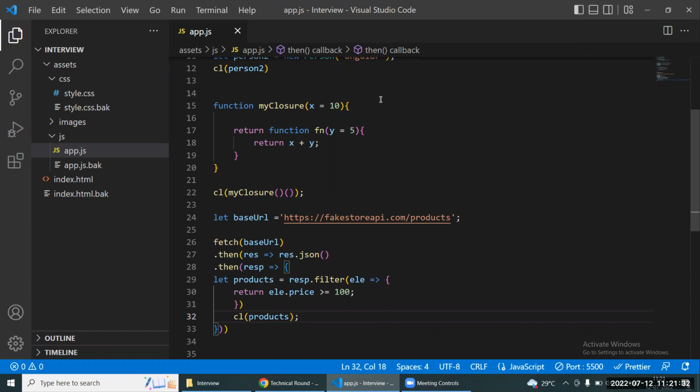What are promises? In JavaScript, a promise is an object which returns a value in the future, and promises handle the asynchronous operations of JavaScript very well. Before the promise,